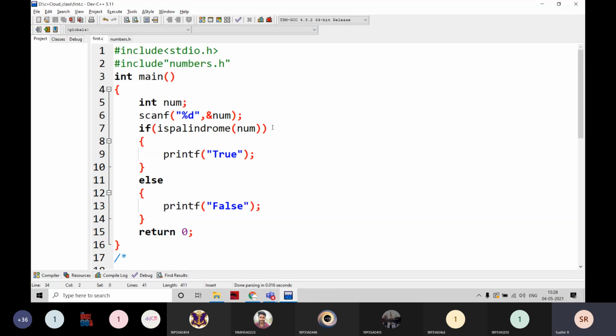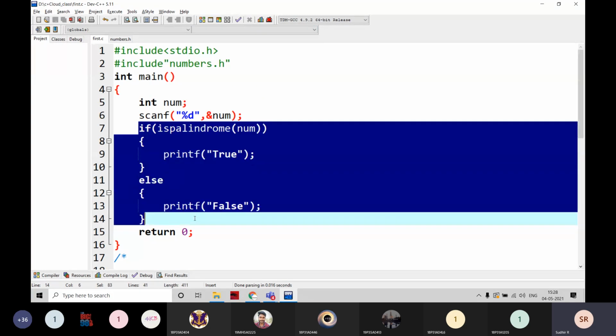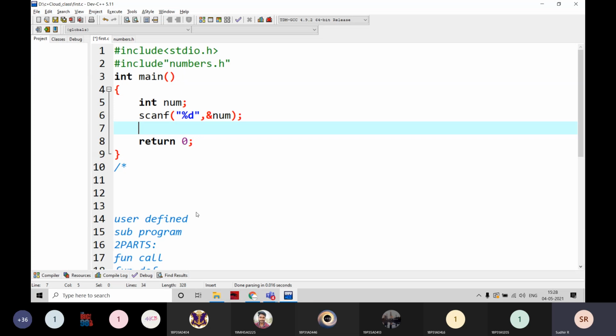And here we are going to write like this, and one more printf with percentage d. I'm going to write sum of digits, and the value I'm going to pass like this.